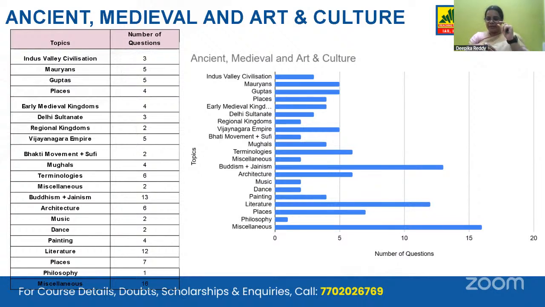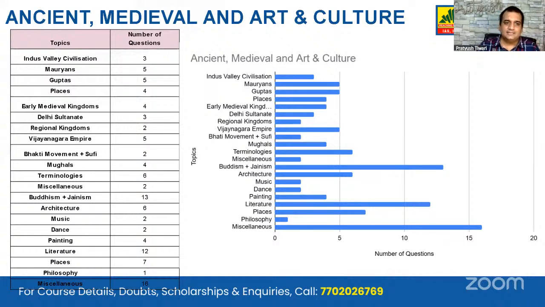So that chronology, you can get only from the old editions. New editions will not give you the chronology. Even if you see the index, it is more than enough for the chronology. Sorry for interrupting, guys, just wanted to add one more reason to the one given by Deepika ma'am. Obviously, if you don't know from where it is starting, if you're not understanding the chronology, it's not going to be possible for you to tackle the questions. And forget about tackling the questions, you're not going to get the context of it.